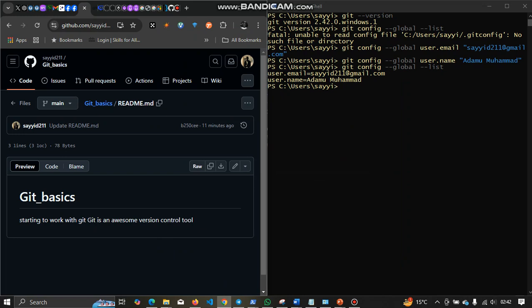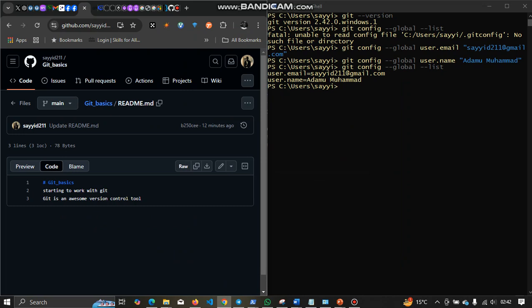So after committing the changes, if I view it in code, you can see that I have an extra line in my readme file. I'll now go ahead and commit it to and clone it to my local machine. So to do that,